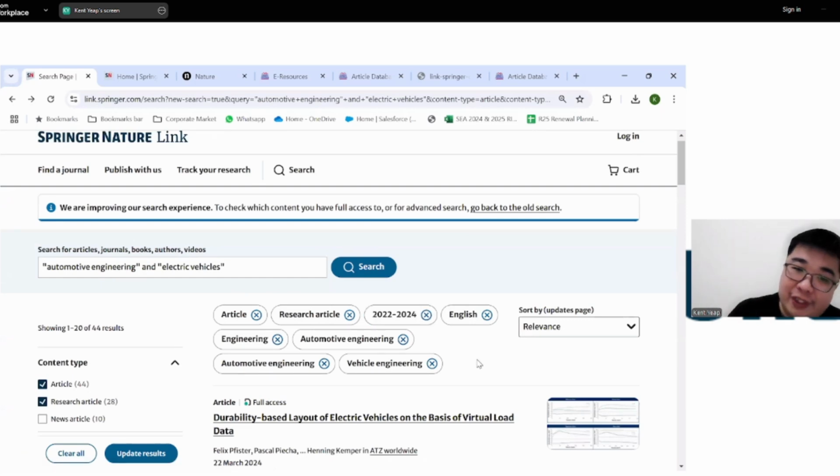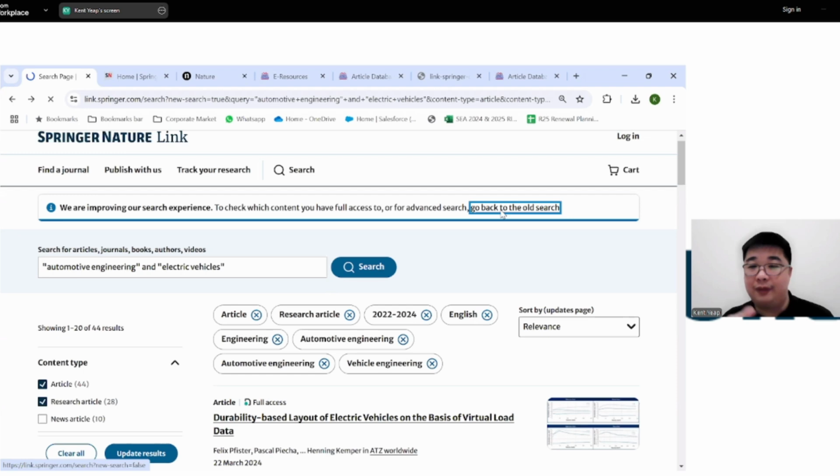In this particular iteration of the user interface of the new Springer Nature Link, we don't have that functionality. It did have that functionality in the old search, which you can still utilize today. I'm not sure how long this will be available, but if we click on this, a link to go back to the old search page, hopefully it doesn't refresh everything and keeps all the results. But if we go back to the old search page, as it's trying to do so now, there is that functionality to be able to save these results as a CSV file, as she has pointed out. So hopefully I can demonstrate this without it crashing.